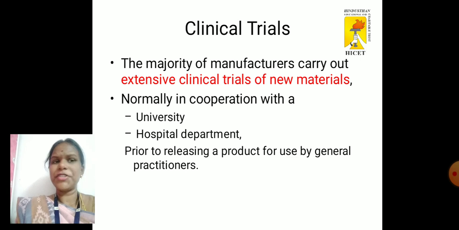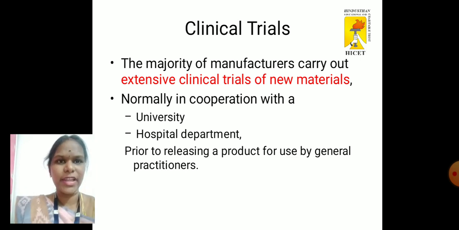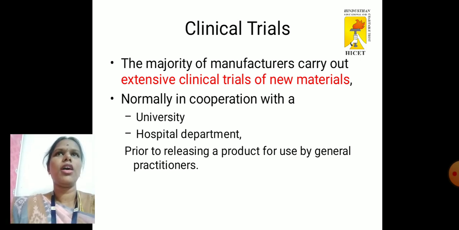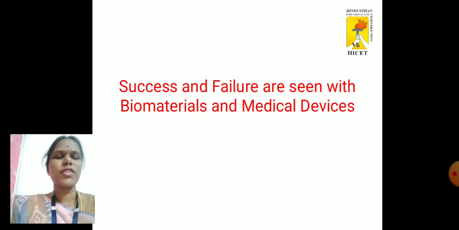The majority of manufacturers carry out extensive clinical trials on new materials, in association with university hospital management, prior to releasing their product for use by the general practitioner. The successes and the failures are seen with